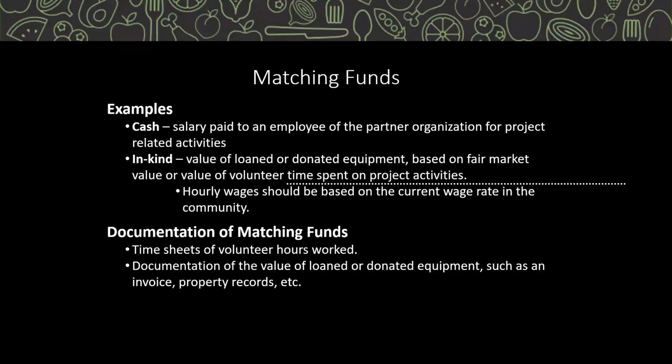Here are examples of match contributions. In your budget narrative, you should place a monetary amount on each type of contribution. Equipment or volunteer time are examples. And as with the federal request, provide the calculation that shows how the dollar amount was derived. If it's a piece of equipment you already have on hand, just note that it's current inventory and this is the estimated value. Please note that Appendix B of the RFA provides information about allowable and unallowable costs for both federal and match.